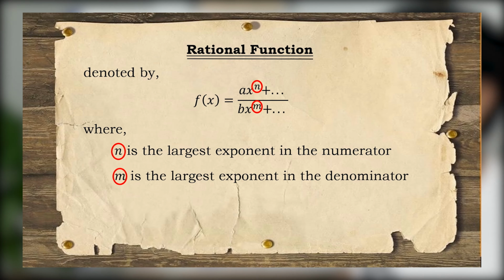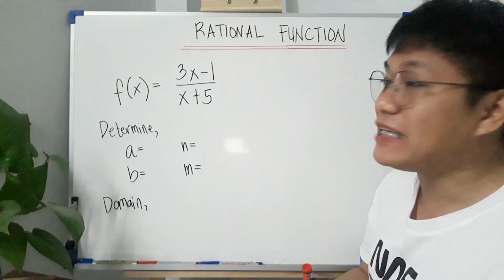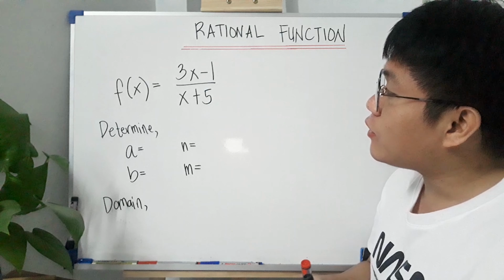For today's video, I'm gonna teach you how to solve for the x- and y-intercept, as well as the vertical and the horizontal asymptote of a rational function. A rational function is denoted by f of x is equal to ax to the power of n over bx to the power of m, where n is the largest exponent in the numerator and m is the largest exponent in the denominator. Let's say, for example, we have here the rational function given: 3x minus 1 over x plus